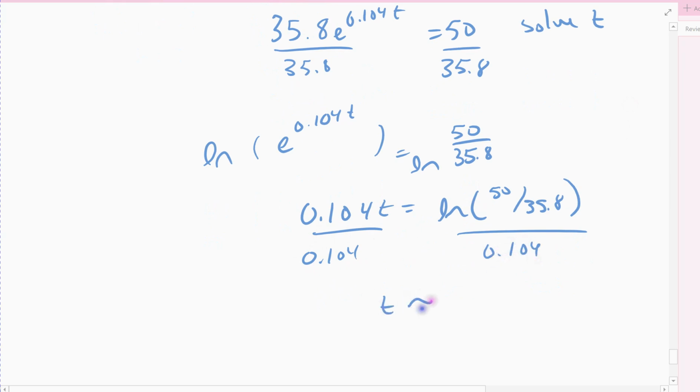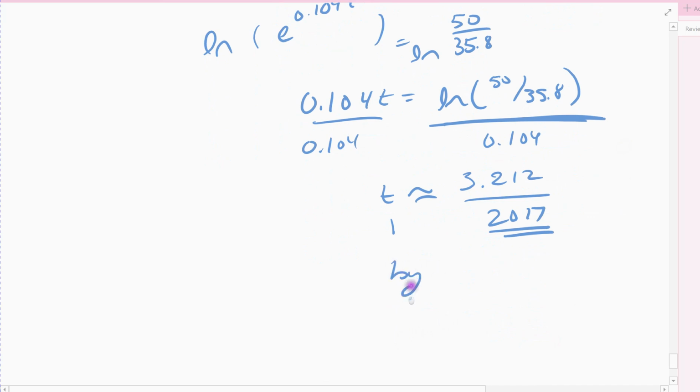And so t comes out to be the natural log of 50 divided by 35.8. Once I do the natural log of that, the whole natural log gets divided by that 0.104, and it comes out to 3.212, which means, remember, 3 was 2017, so to exceed that, we'll go by 2018 will